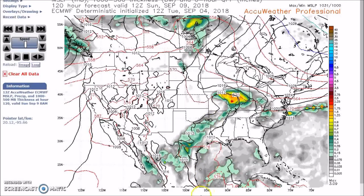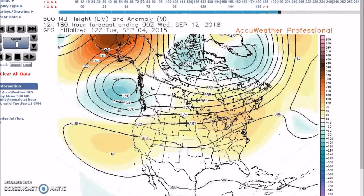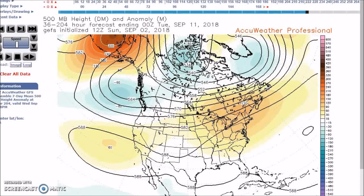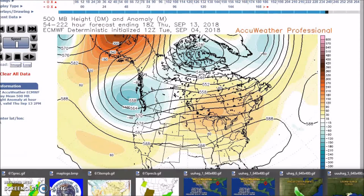September 10th to the 14th. Here at the 10th, the flow remains generally unchanged, except we might see this trough here slide slowly eastward. You see it's here, but it doesn't really get established until later in the period. So the models are in pretty good agreement. We still have this ridge here. So for this forecast period, I am forecasting...